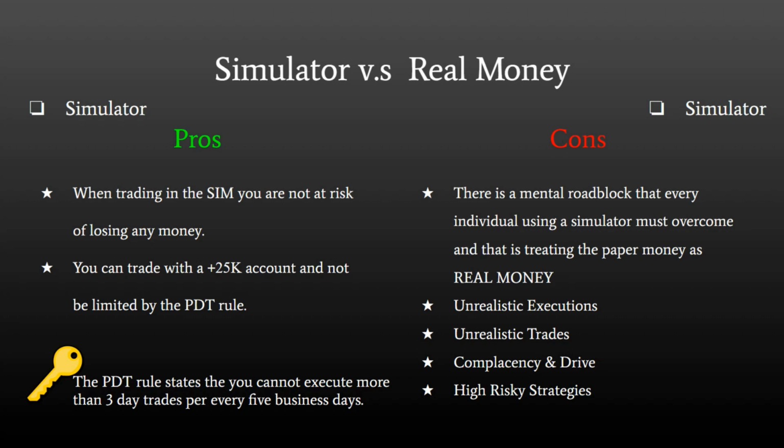So it took me about a week or two to fully elevate my mind to get it to that point where I truly believe that my paper money is real money. And ever since those 2 weeks that I finally overcame that obstacle, if somebody comes up to me and tells me, hey, you do know that you're in a simulator, right? I'll tell them, I may be in a simulator, but my money is real. My profits are real. My gains are real. And that's exactly the mindset that you need to be successful.